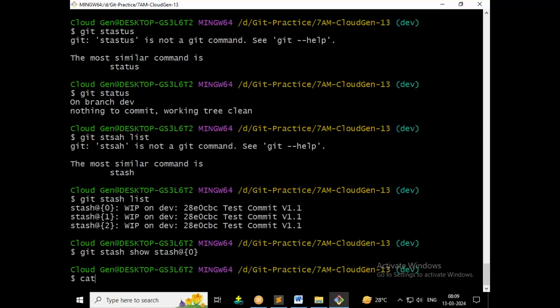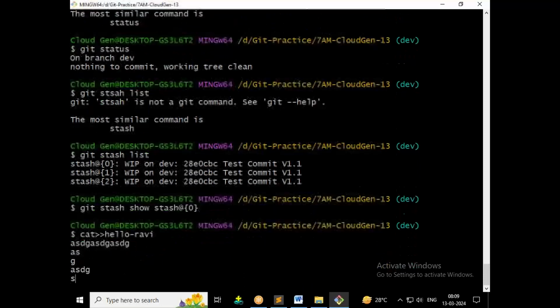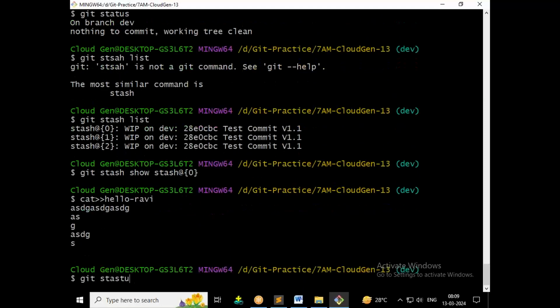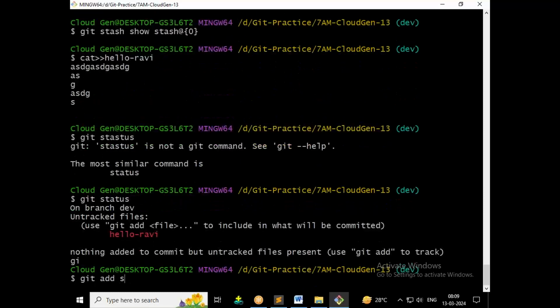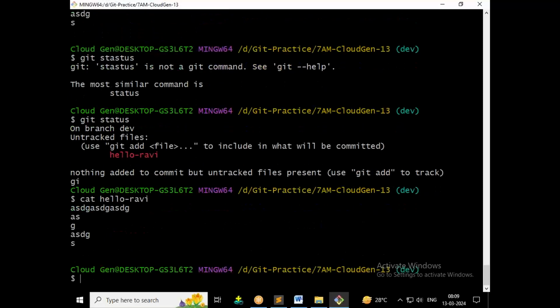For example, cat double greater than hello Ravi. Okay. Git status, git stash, git stash -u. So we have content also now. Cat hello Ravi. See, we have content. Okay. Next,